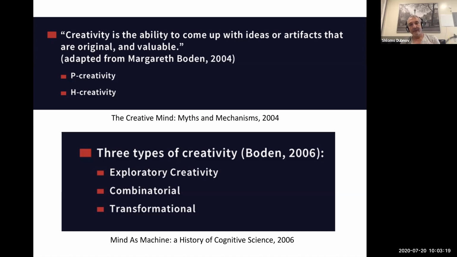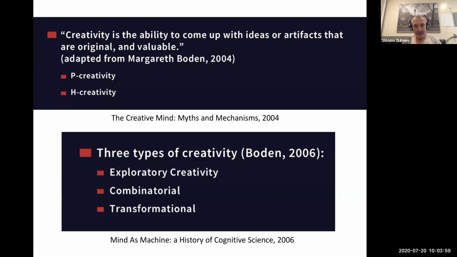So there are two things here. Something that is original in the sense that exactly this wasn't done before. And there's also the question of value. So what does it mean valuable? And we'll talk about this aspect a little bit. Now, if something is creative, it doesn't mean that it's created to the same extent as anything else. So the three levels that she suggests is,